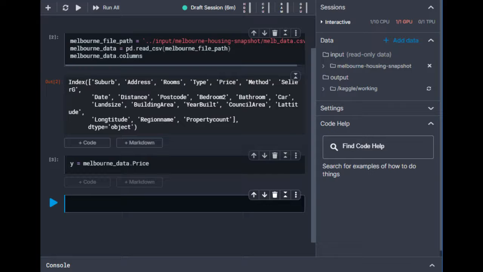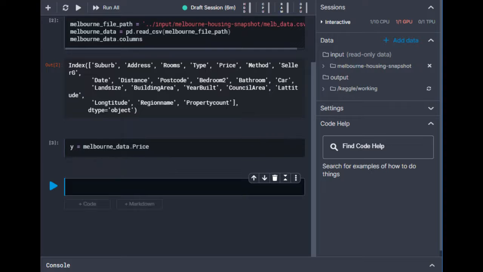Next comes choosing of features. The columns that are input into our model and later used to make predictions are called features. In our case, those would be the columns used to determine the home price. Sometimes you will use all columns except the target as features. Other times you will be better off with fewer features.